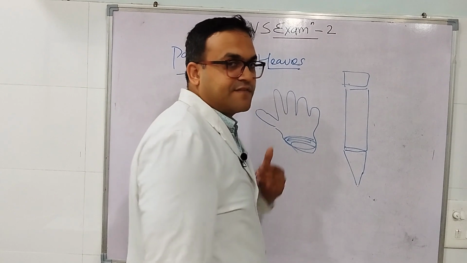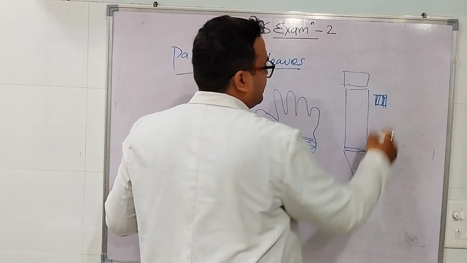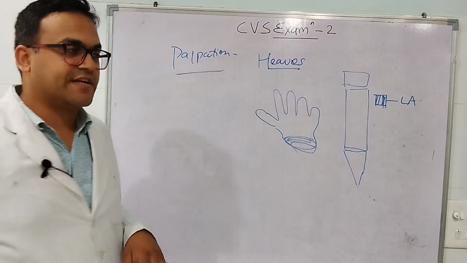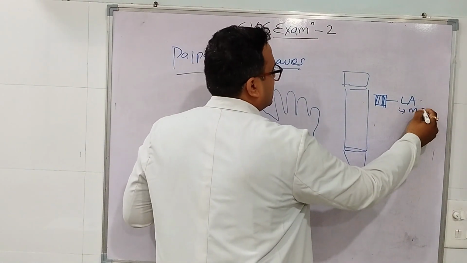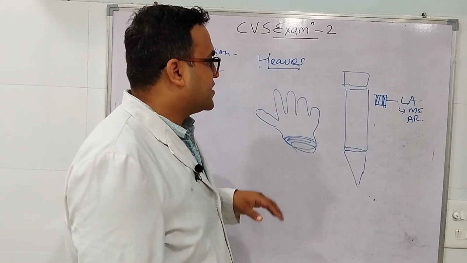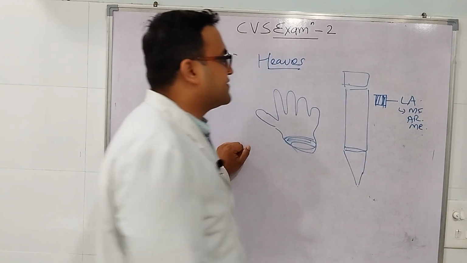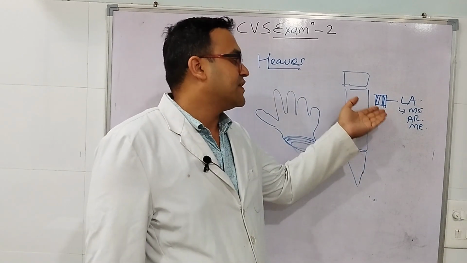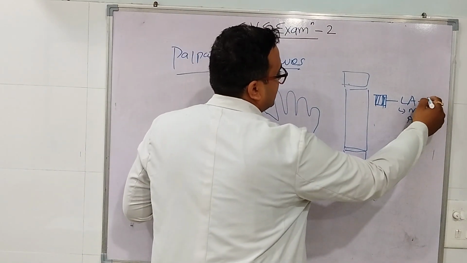In the left upper chest, left second intercostal space, if we feel a heave, that is because of a dilated left atrium, which can be seen in patients with mitral stenosis, aortic regurgitation, mitral regurgitation or many other causes. A dilated left atrium can give a heave in the left upper part of the chest wall in ASD.